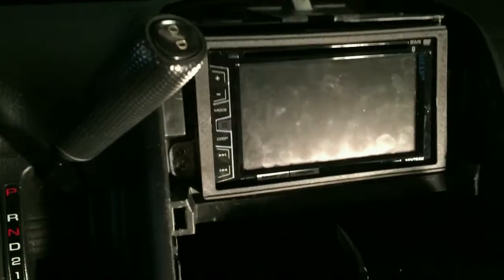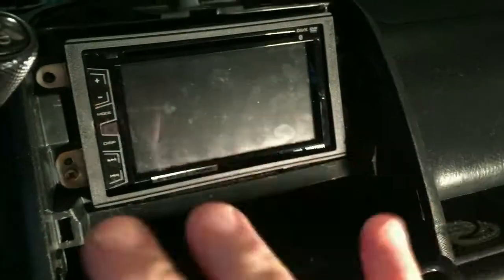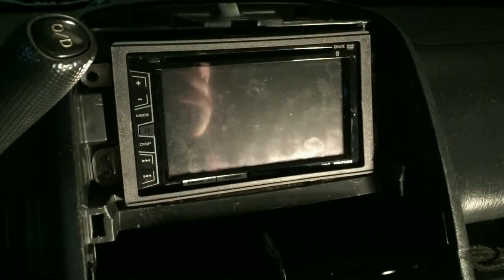So for taking care of this, what I do is I remove this dashboard piece. It actually has two screws underneath here. I remove those two screws and then just pull at the top of this dashboard, and out comes the display. Turn it upside down like that, and then I've got my radio area. I'm going to take out this radio and then locate that wire on the back